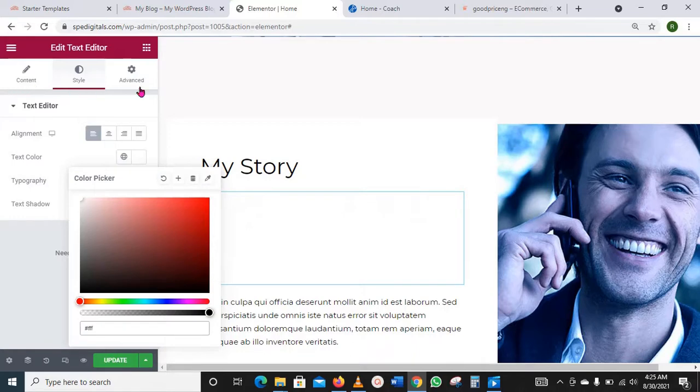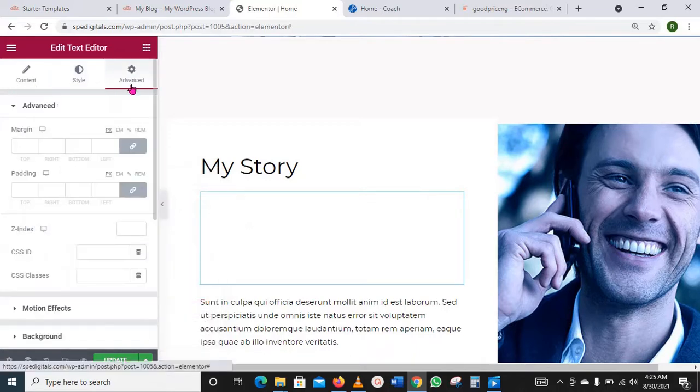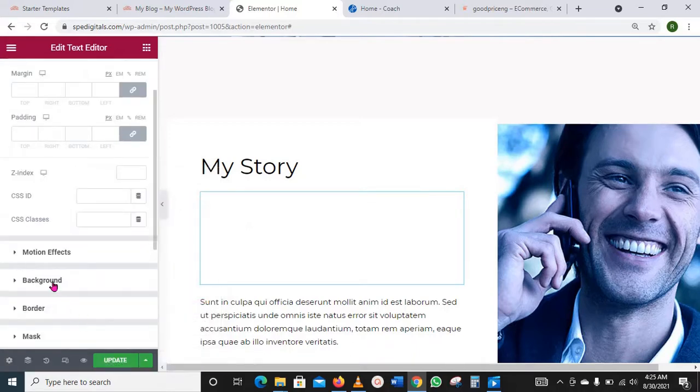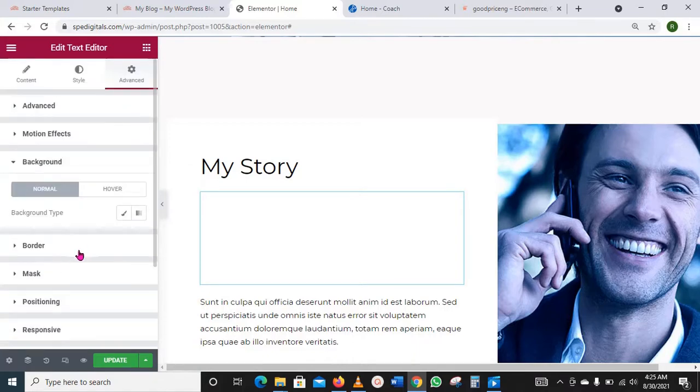Okay, and let me make the background black. Okay,